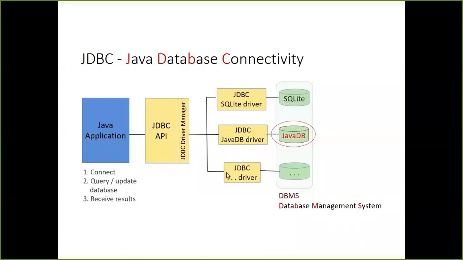All of that is stored in the form of a list in the JDBC API, in the JDBC driver manager. The JDBC driver manager works like a record-maintaining part, where it maintains the list of all the possible JDBC drivers of the databases already available, so that if in future the Java application wants to connect to any type of database, it can connect. So this diagram is important, please remember this.